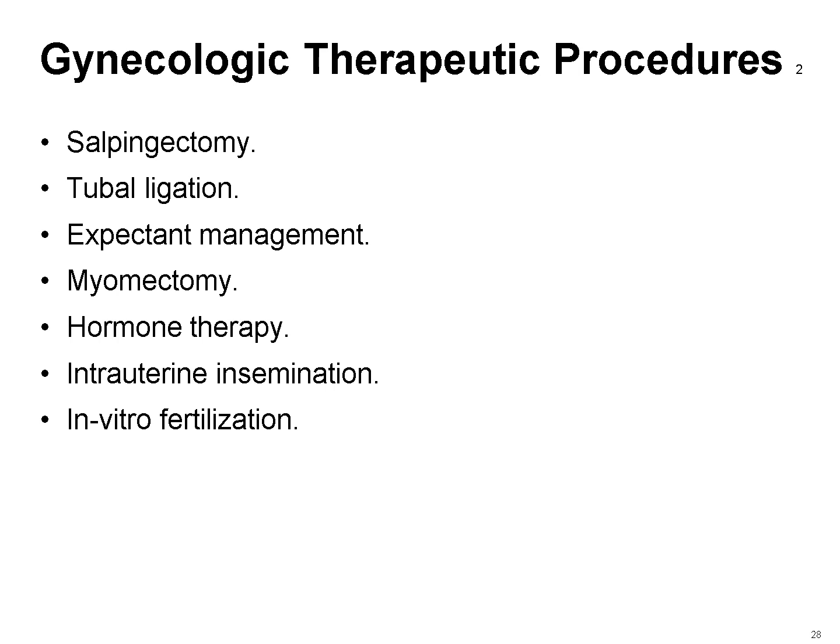Myomectomy is a surgical procedure to remove fibroids while leaving the uterus intact, preserving fertility and uterine function. Expectant management is a strategy of watchful waiting, monitoring the condition without immediate intervention, often used for small fibroids or early pregnancies. Hormone therapy uses GnRH agonists to lower estrogen and progesterone levels, stopping menstruation and causing fibroids to shrink.